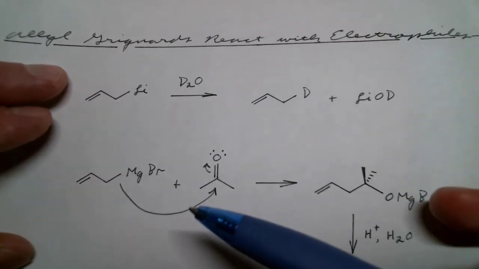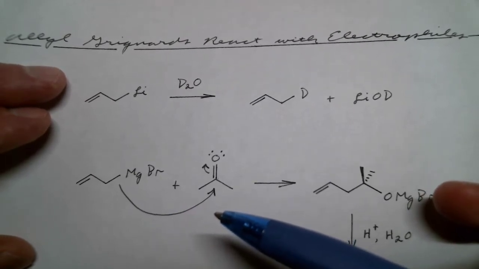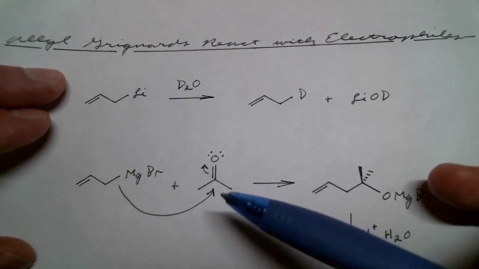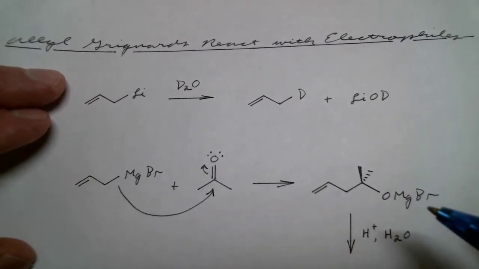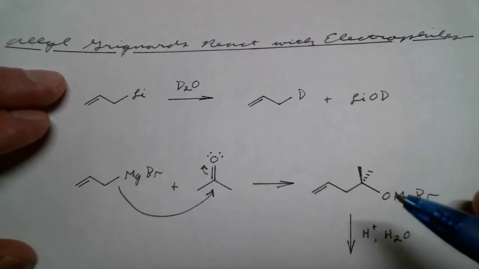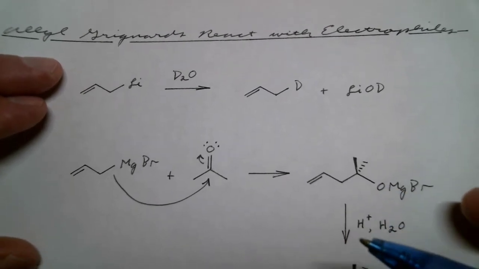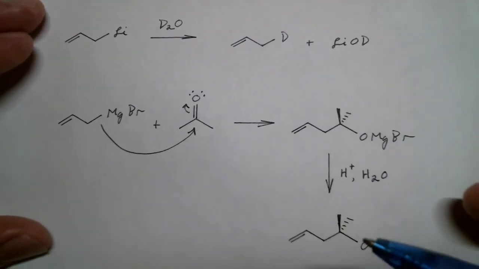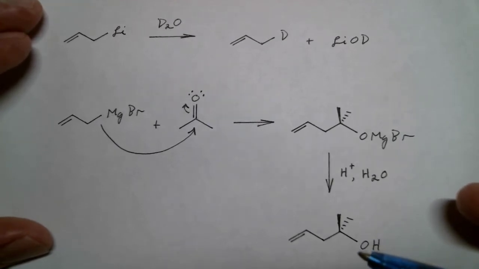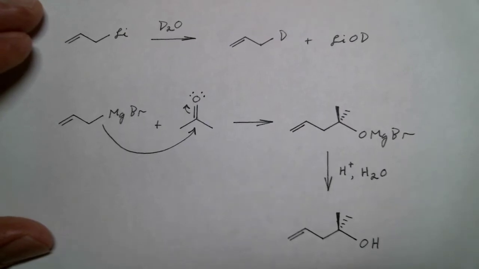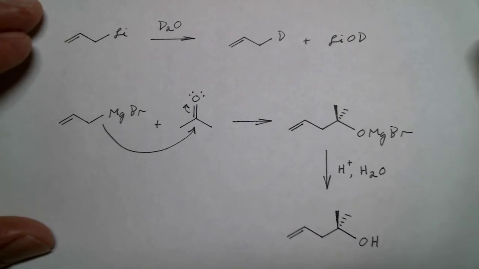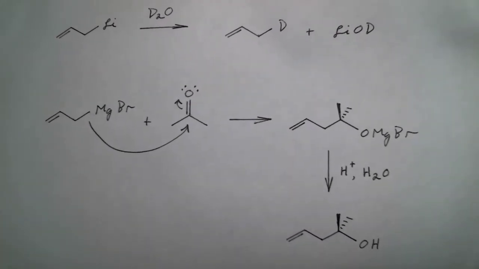We could additionally think about forming carbon-carbon bonds with our allyl Grignards. Here we've got allyl magnesium bromide reacting with acetone to give us this allyl magnesium alkoxide, which after aqueous acidic workup gives us this tertiary alcohol that incorporates our allyl system. So, with that out of the way,